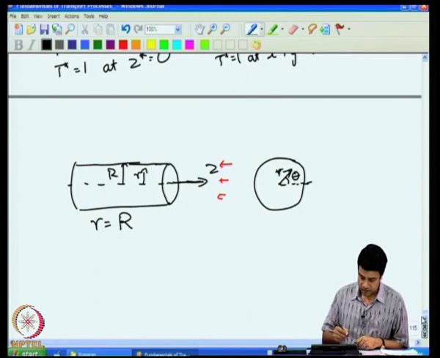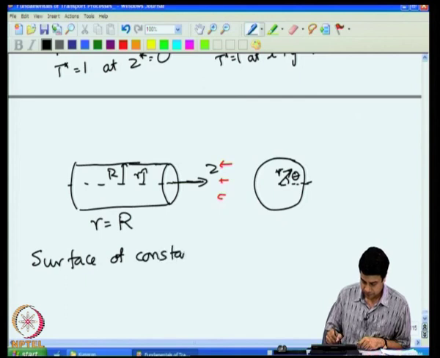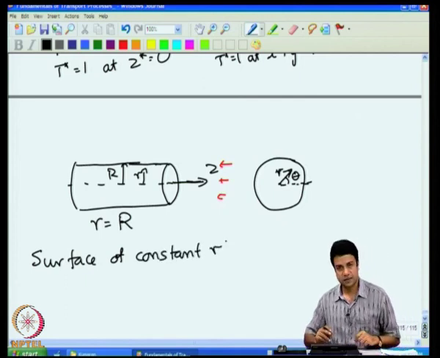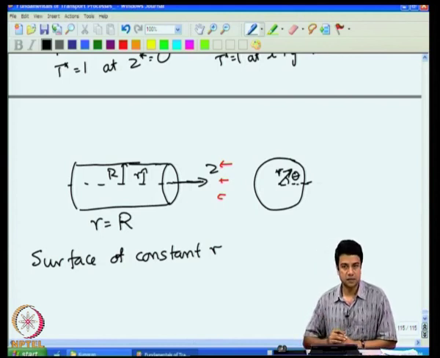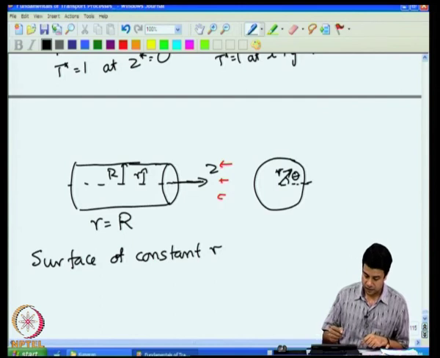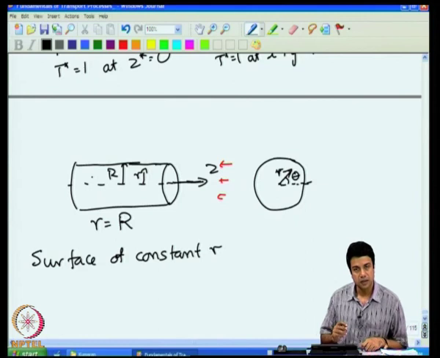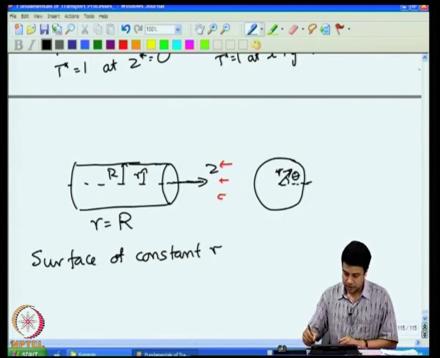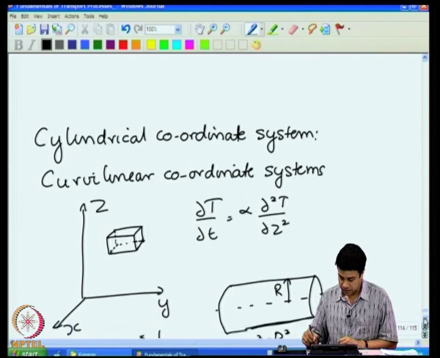So, the surface of constant r is a surface of constant distance from the axis. That is a cylinder, the surface of a cylinder. So, when I write my balance equation, I write it as a shell balance for some differential volume. That differential volume, in the case of a Cartesian coordinate system, was bounded